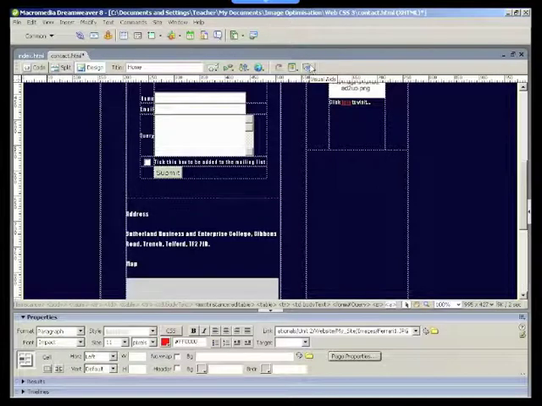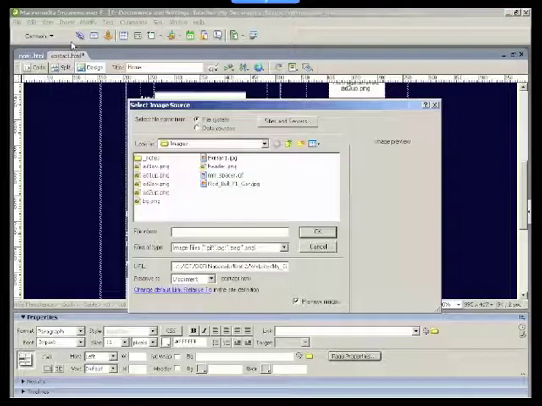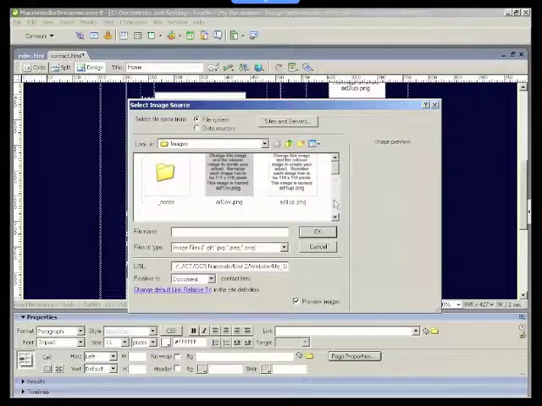Okay, so we're just going to talk a little bit about image optimization for the web. Right, so this is my contact page, and what I want to do is insert an image. The website that I'm building is about Formula One and motorsports. So on the contact page I'm just going to put an image of one of our cars,